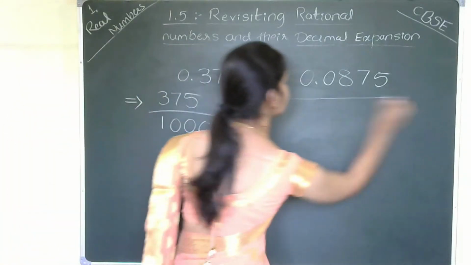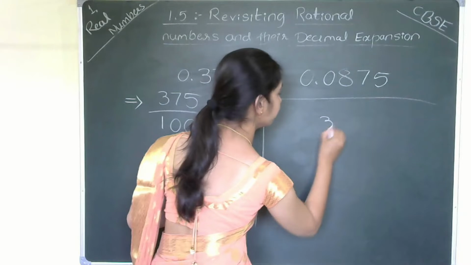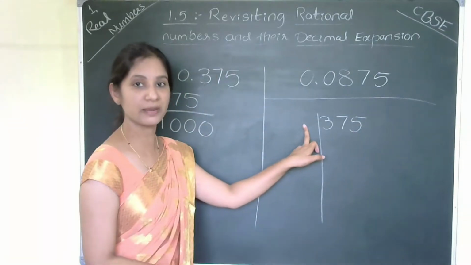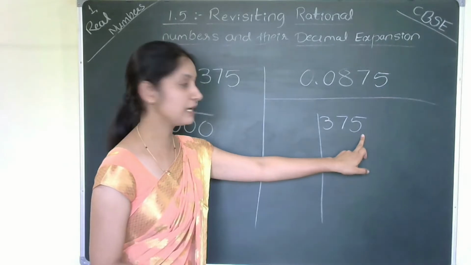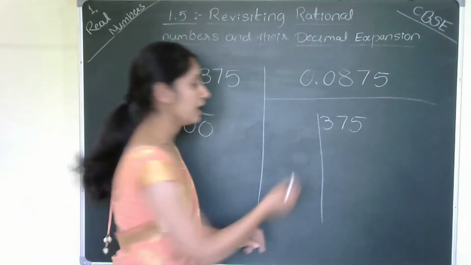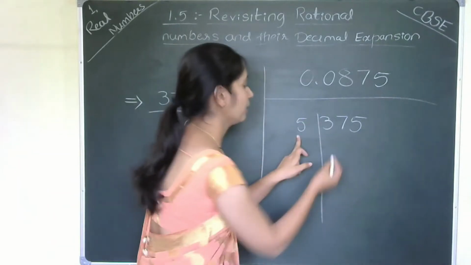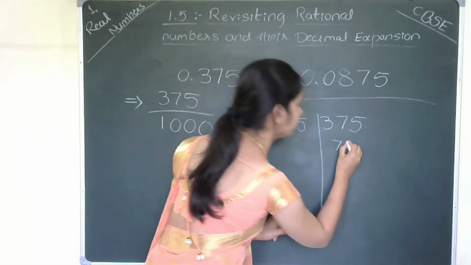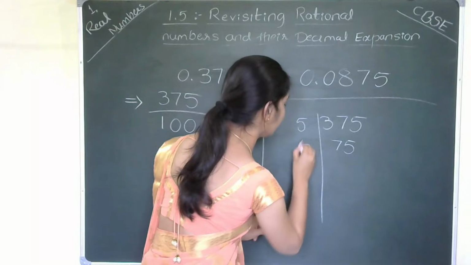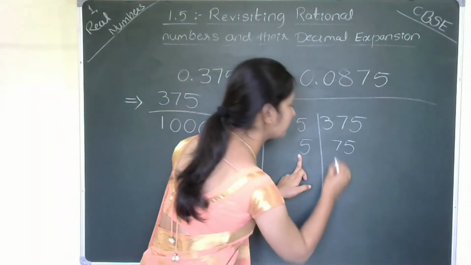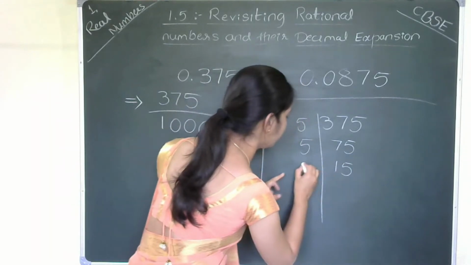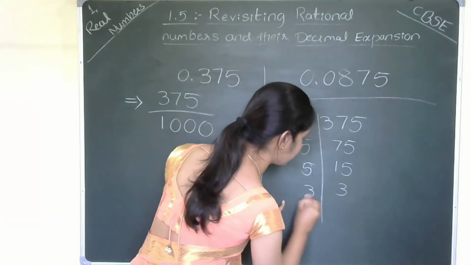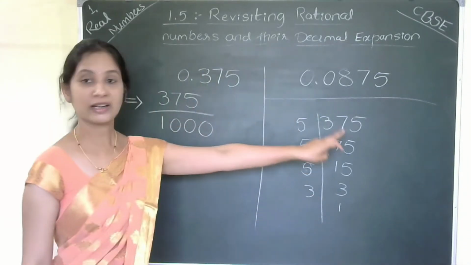I will take 375 first. We would start with 2, a prime number, but the unit place is 5, so I can go for 5. 5 sevens are 35, 2 is left, 25. 5 fives are 25. Again I can go for 5. 5 ones are 5. 5 fives are 25. Now I can go for 5. 5 threes are 15 and 3 ones are 3. So the prime factorization of